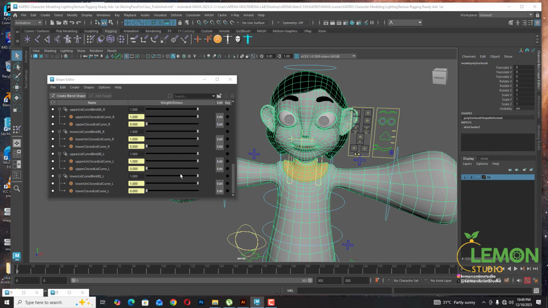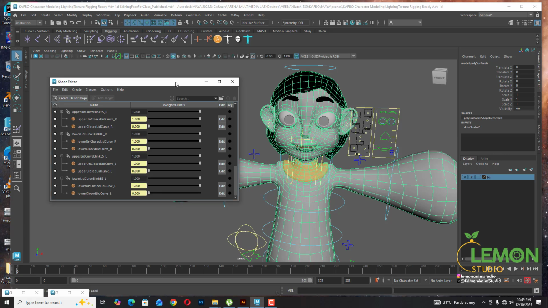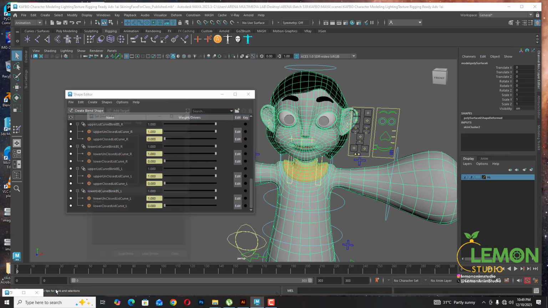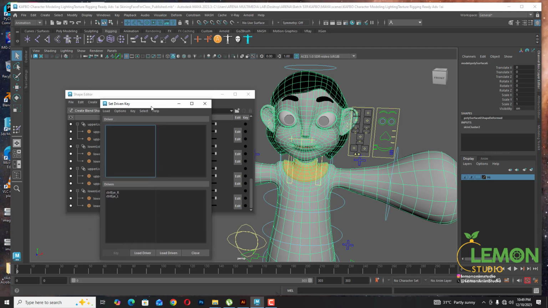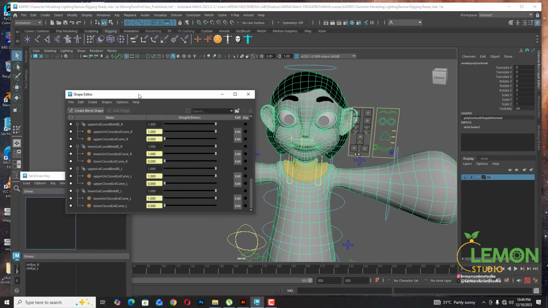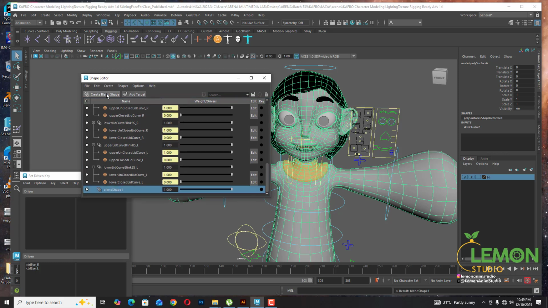Just click on the settings, but I will say that deformer, blend shape. Okay, I'm just going to create blend shape from here. Blend shape had been dropped,